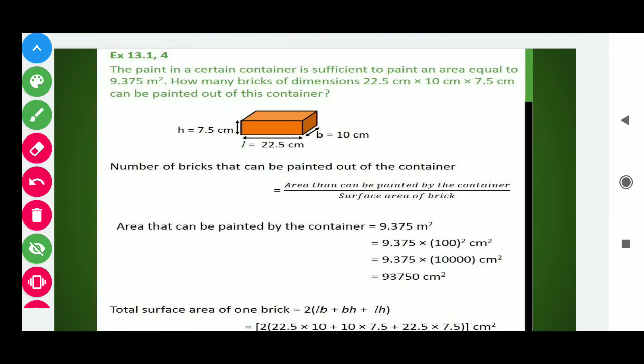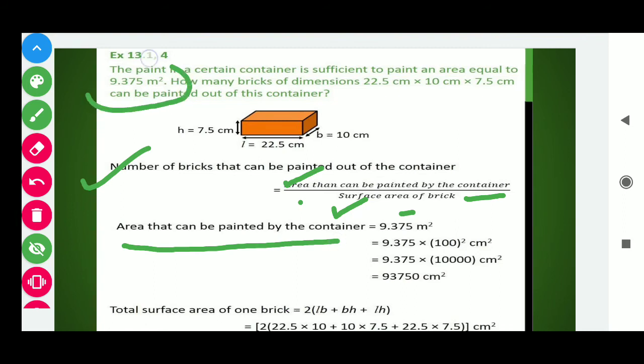So here the number of bricks that can be painted out of the container is equal to the area that can be painted by the container divided by the surface area of the brick. So students, first we find the total area that has to be painted, divided by the surface area of one brick. The area that can be painted by the container is 9.375 square meter, and here the dimensions are in centimeters, so we convert square meter into square centimeter. We know that 1 meter is equal to 100 centimeter, so we write the square of 100, we get 10,000. By calculating this, we get